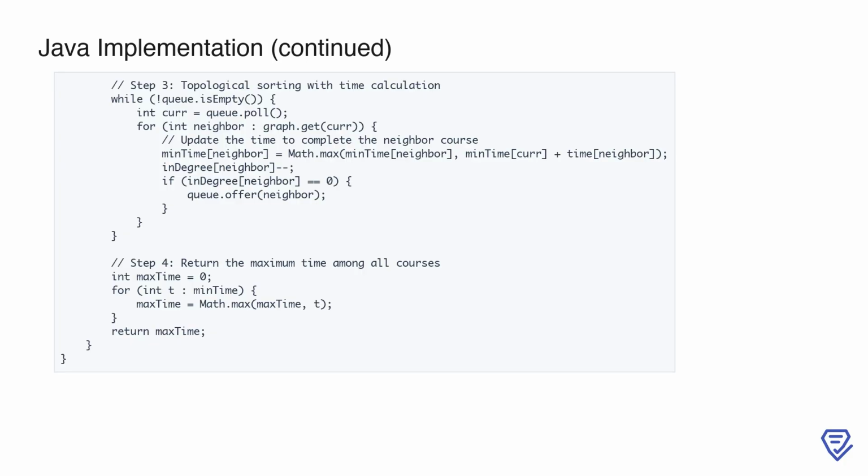Then, we decrement the indegree of the neighbor. If the indegree of a neighbor becomes 0, it means all its prerequisites are completed, so we add it to the queue. Finally, after processing all the courses, we determine the maximum value in the mintime array, which represents the total time